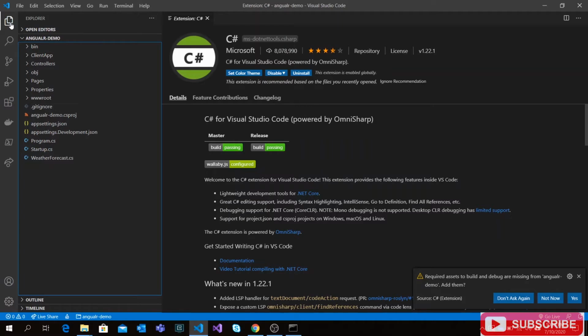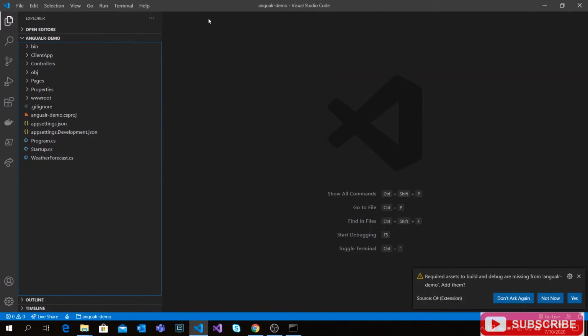Once we install the C Sharp extension, we will get a pop-up saying that there are some missing files for build purposes and asking if you want to create them. And yes, we want to create those files. Once I click on this yes button, it will create one new folder, .vscode, on the root directory.